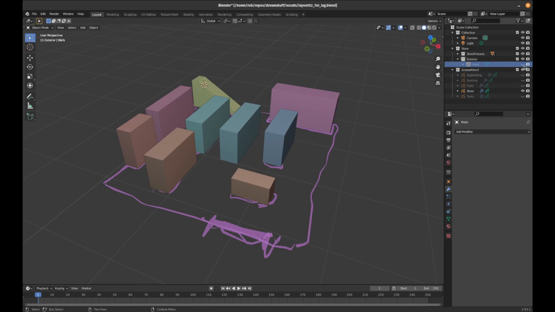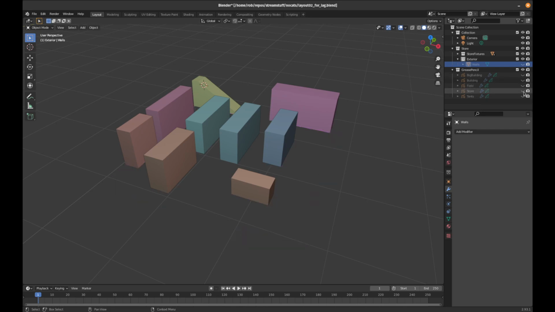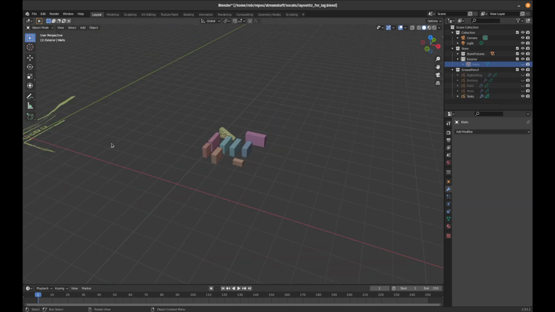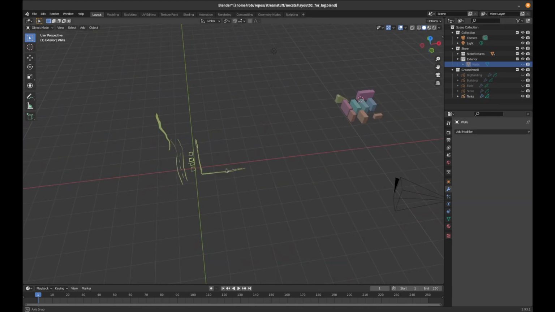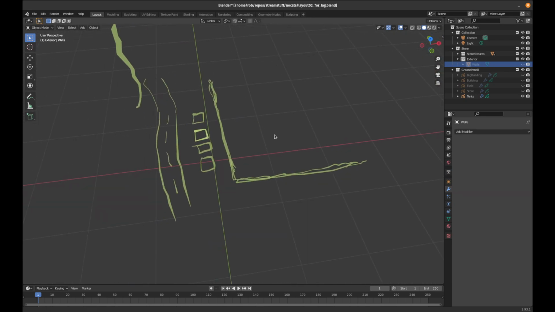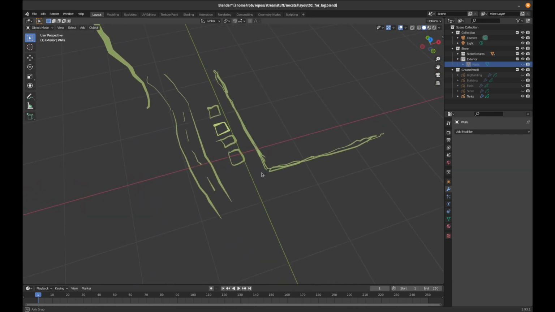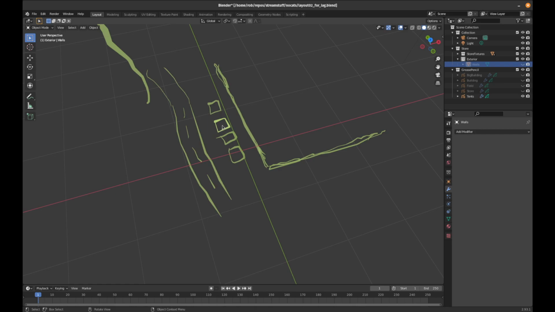Let's do one more, and I think that might be as far as we get for tonight. Turn off the store because we got that kind of established. And let's go back to the tents because this is our first scene, so it's the one that's probably most interesting to do. Okay, so 3D cursor